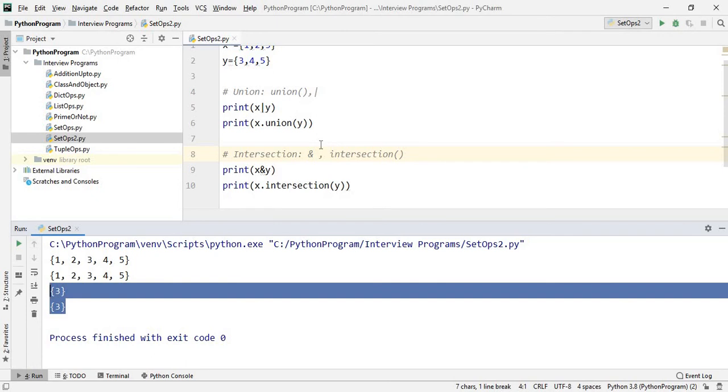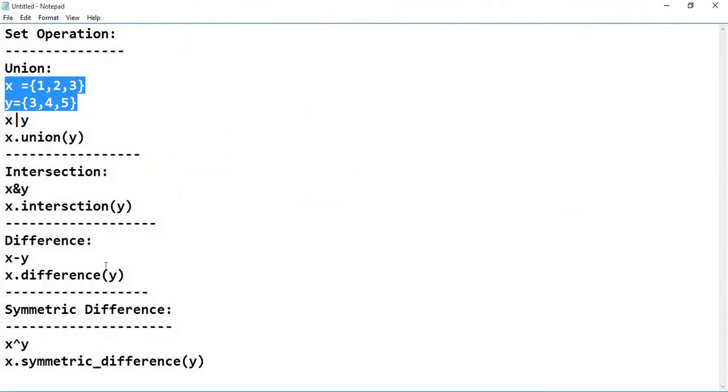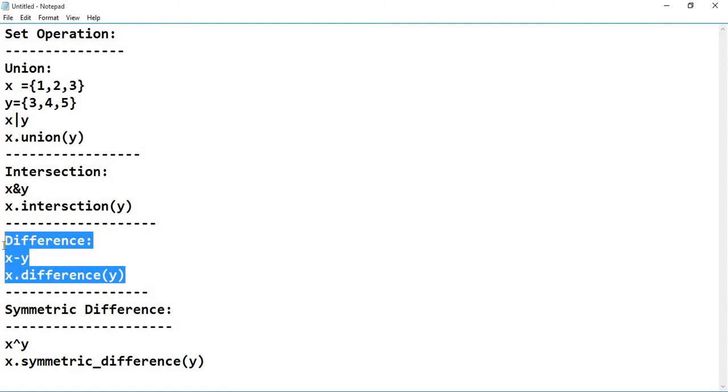Now the next operation is difference. We'll copy from here only.